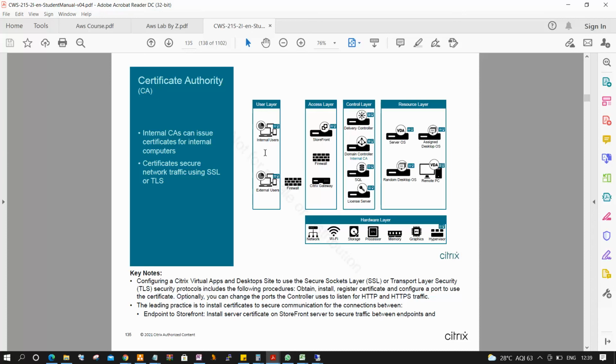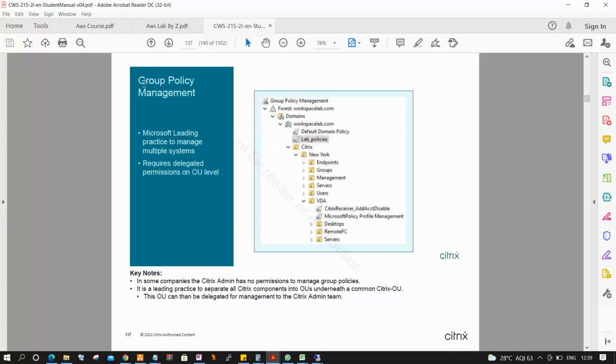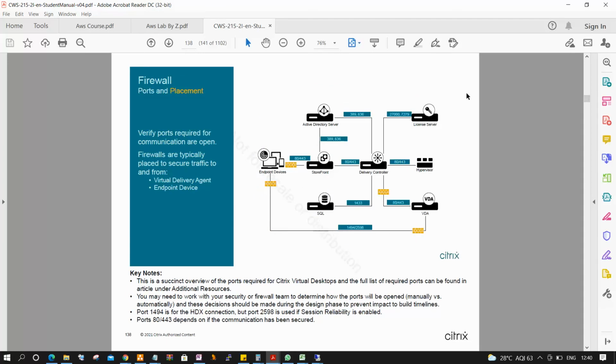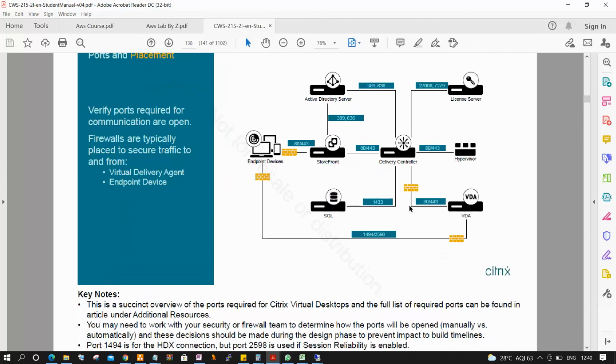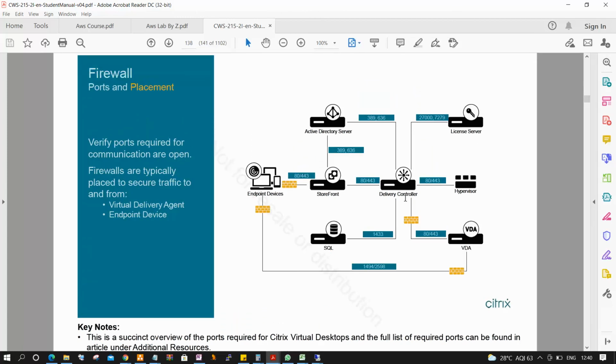This is a secured service, called SSL configurations. Now the group policies, a separate concept. In that area we will configure the policies based on our requirements. Now the firewall configurations. Firewall configuration is managed by the security and network teams, so we don't need to bother about the firewall.